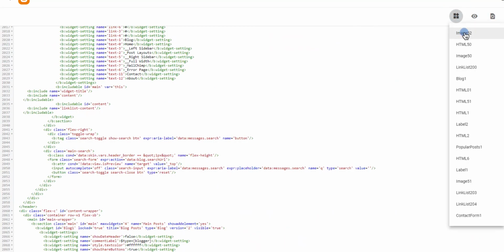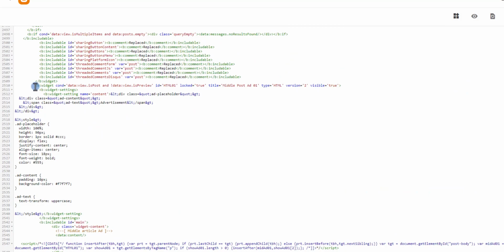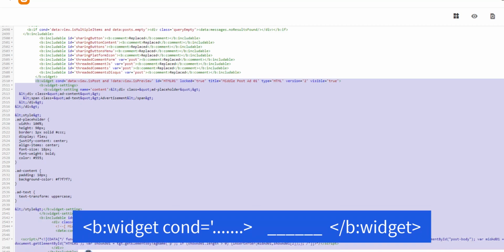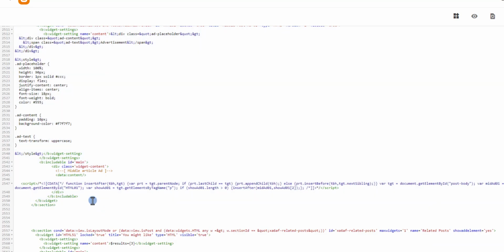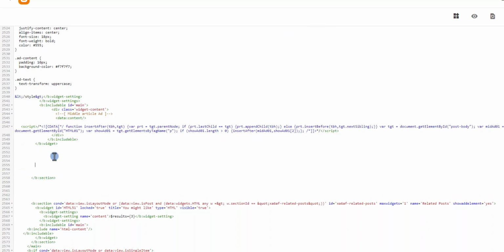So I will click on here, and after the block 1 I will click on HTML01. So this is the widget here. So I need to copy this widget code from here like this, and the widget code ends here, and let's copy it again, and I will hit space here. So we need to paste the code just before the closing b:section. So let me just do that here,